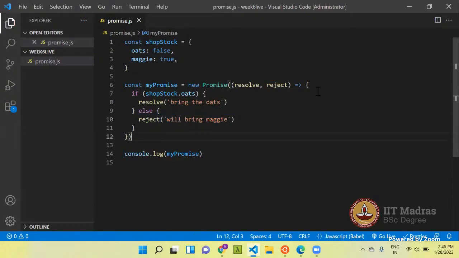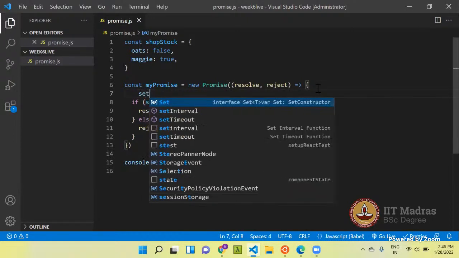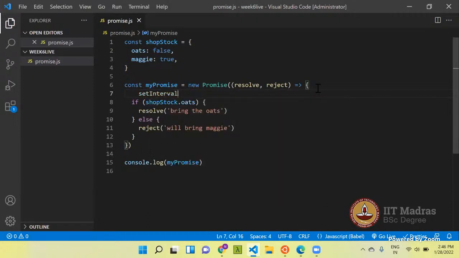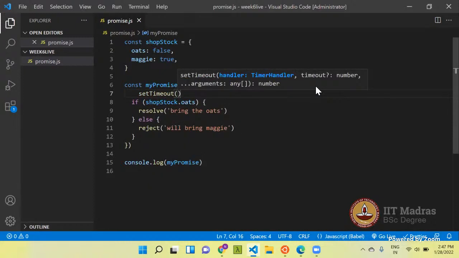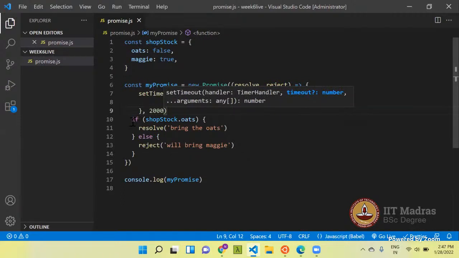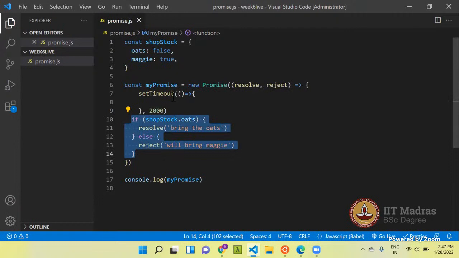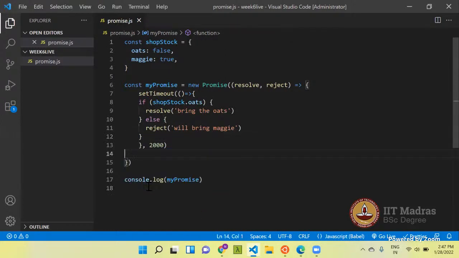And let's do one thing. Let's put some setTimeout here. It will take a callback function, and let's say it will delay the code for 2 seconds. I'll put everything inside this setTimeout function.